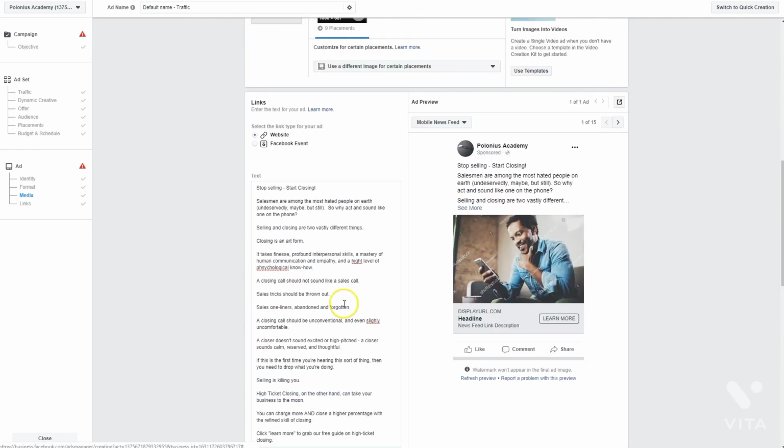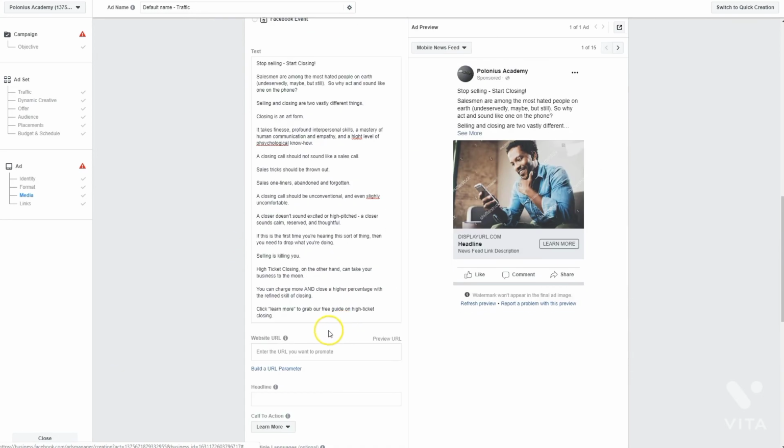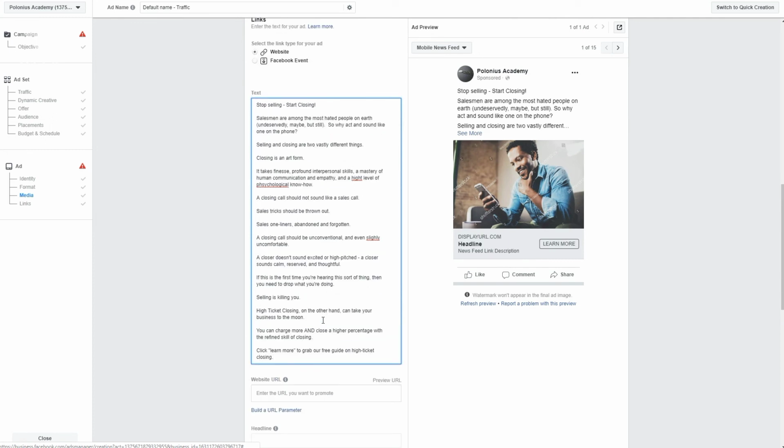some copy. Now, this copy, you'll notice, is long, and it's supposed to be long. In fact, it can be much longer than this. Okay, this is kind of short as copy goes among those in the know about how Facebook ads should work. Okay, now this takes people through basically a content piece almost. This is kind of like a mini blog post. And